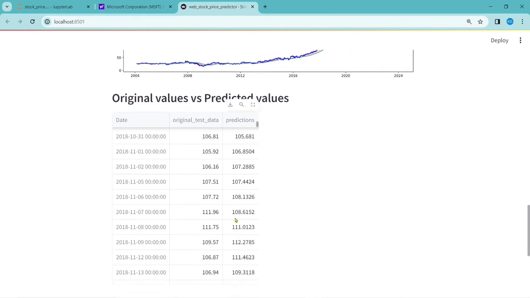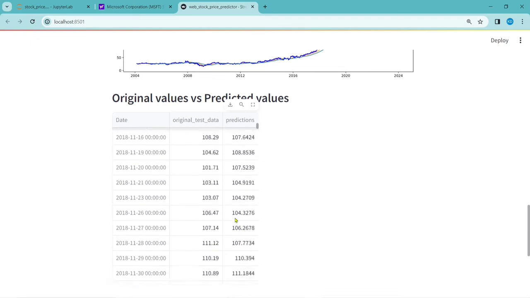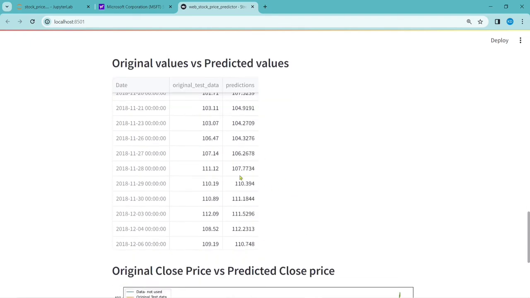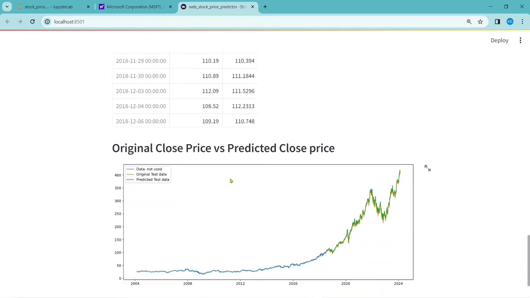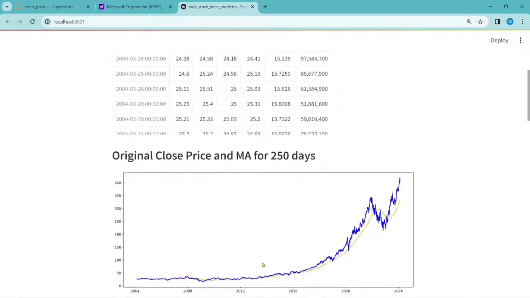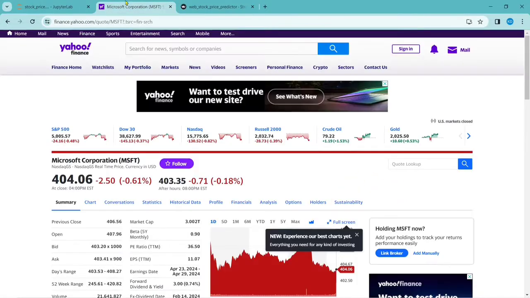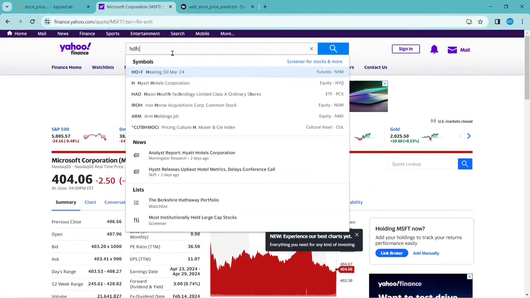We just imported our model there and printed it here. This is the printed data and original data along with the date, and this is the last graph we have done to see the close price values and the printed close price values. And the blue color one, previously, as I said, is the data that is not being used. Previously we used it for training in the Jupyter notebook, but here we are importing the model, so we are not using it. You can use it for some other cases,